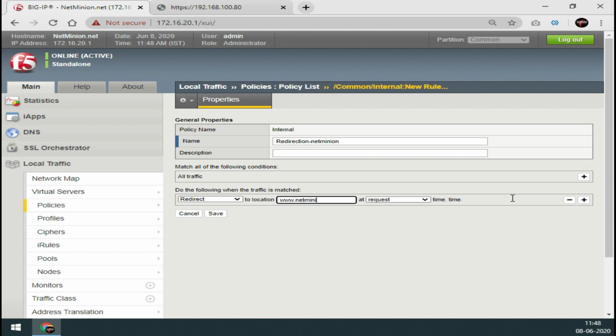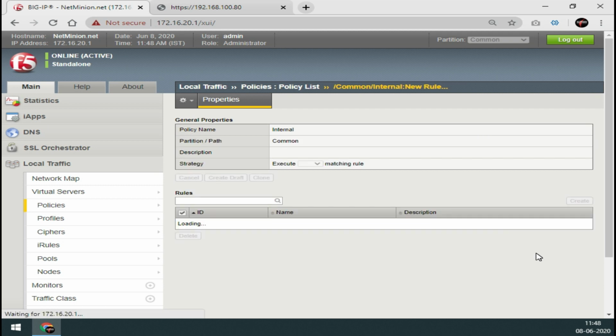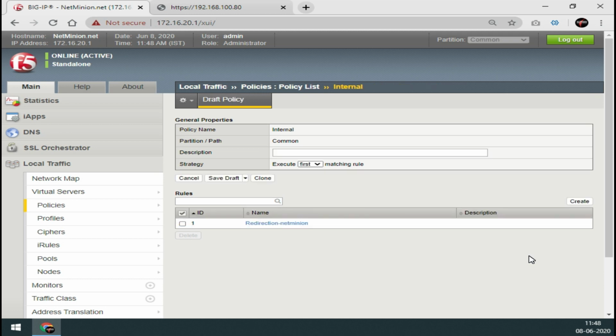If I want to redirect to netminion.net, I can redirect over here also, and it should be at the request time. If I save it, to the redirect, this policy will come into my draft page. From the draft I can publish it, and maybe from outside also I can publish it.